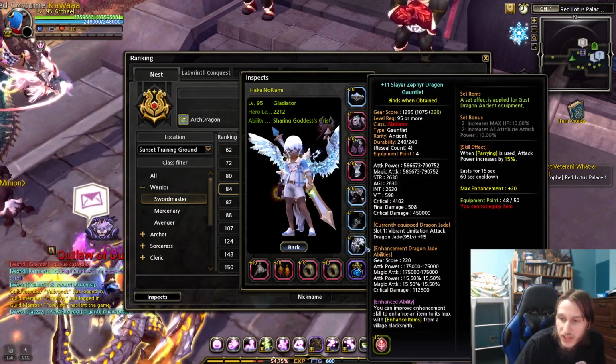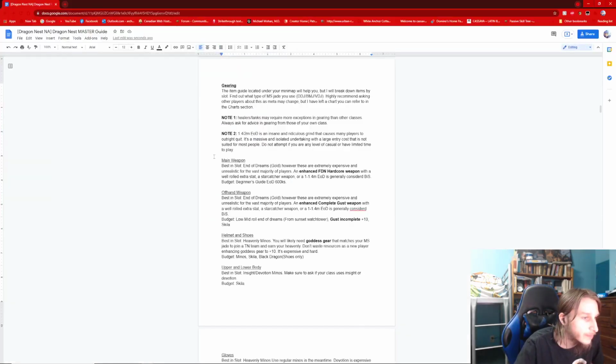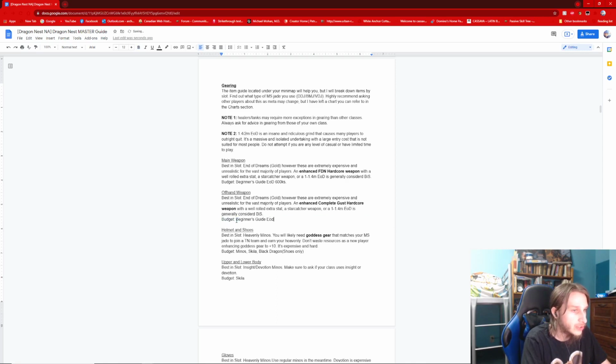The only thing I might say is different now is that you'd probably go for an enhanced, complete Gust hardcore weapon. And we're just going to Beginner's Guide EOD 600K. Helmet and shoes, Heavenly Minnows. This is true. You will need Goddess gear. This is true. Probably don't waste this, but also the starter guide gives you